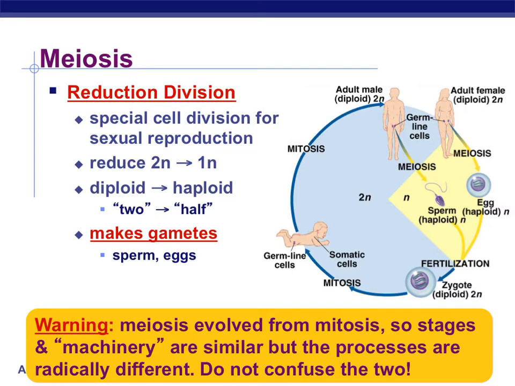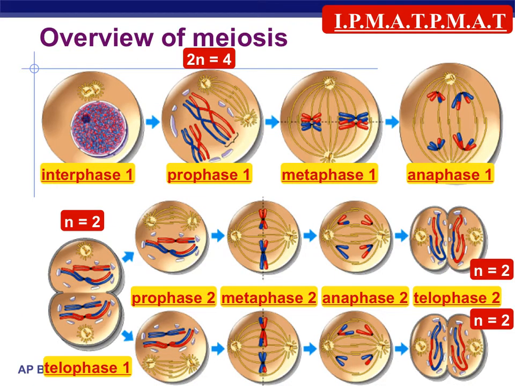Meiosis and mitosis sound the same. There are similar stages because of how they evolved, but we need to keep the two straight, and they are equally important to life and to cells. So in a brief overview here, you're going to see some things that are pretty familiar to you from mitosis. Instead of just the IPMAT here, though, we'll see that we have a doubling or a repeat of the processes. So we've got interphase 1, prophase 1, metaphase 1, anaphase 1, but we also have a second division. So we end up with 4 daughter cells when we started with 1.